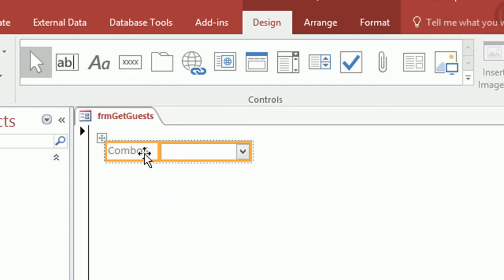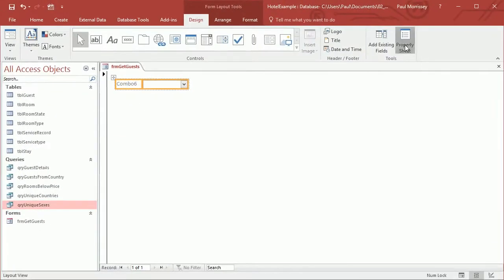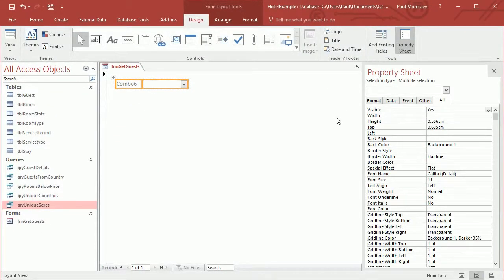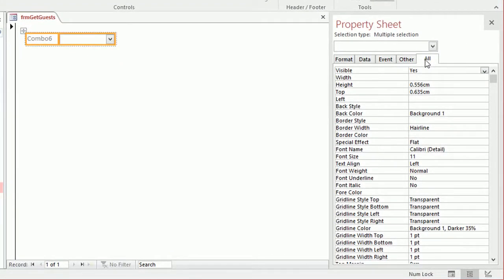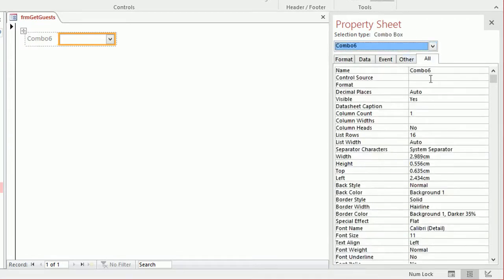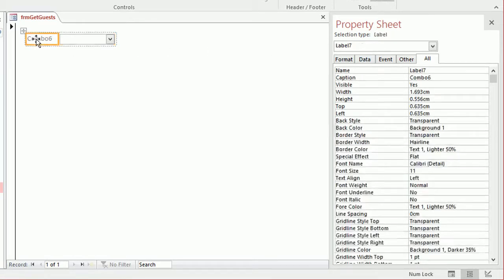For now it's called combo 6. We're then going to open up the property sheet and we're going to change some of the properties of this combo box. We're going to start with changing the name of it. Select the combo 6, which is the name that it's originally given. We're going to change it to CMB select country, combo box select country, and we are going to change this label, which is currently called label 7,